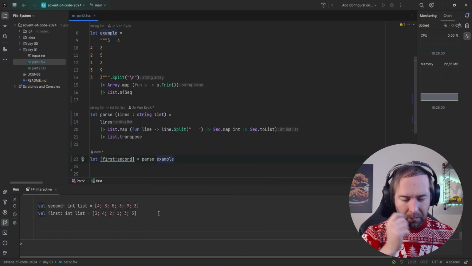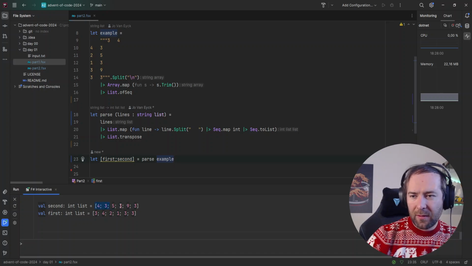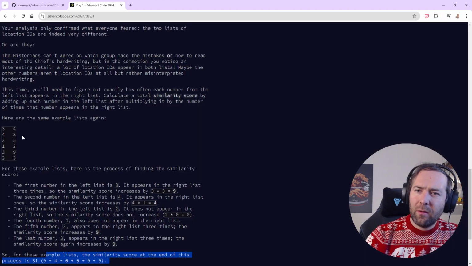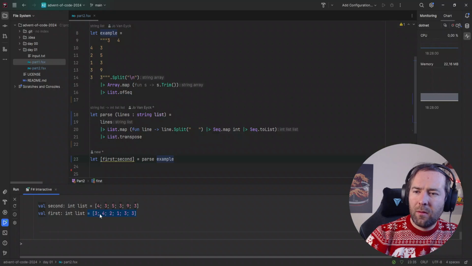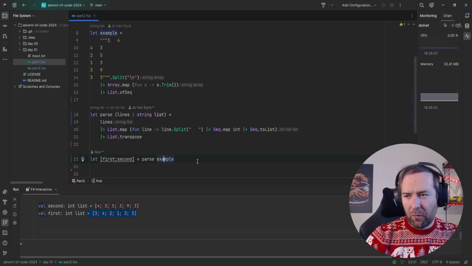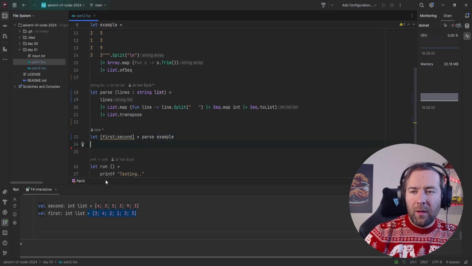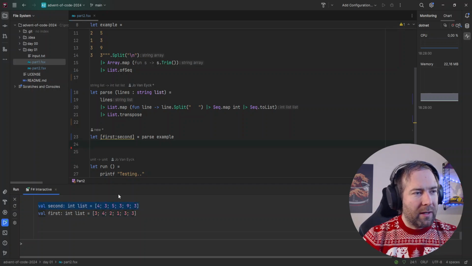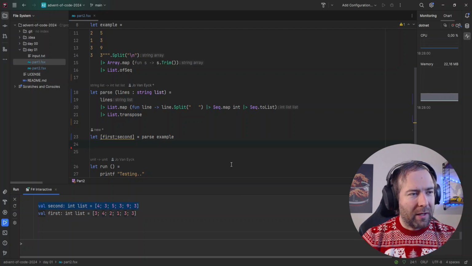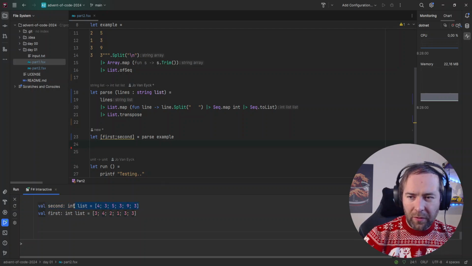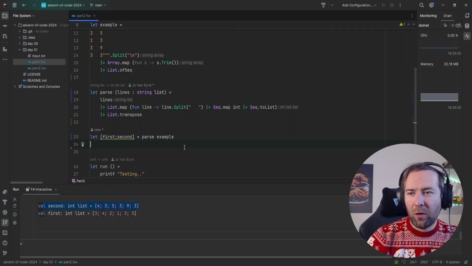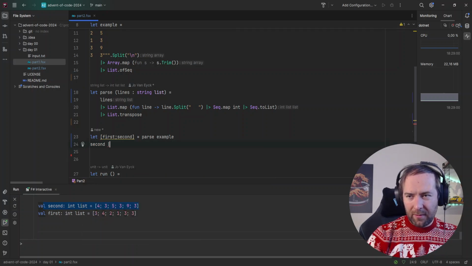So yeah, we need to loop over every element in the first list and count how many times that number occurs. We're not going over the sorted lists. 3, 4, 2, 1, 3. No, okay, so let's not sort anymore either. We need to count how many times each number occurs in the second list. So I'm thinking let's make it a bit more spicy and let's make a smarter data structure to answer that part of the question. Like how often does the number 3 occur in the second list? Let's make a lookup table for that. So we take our second list